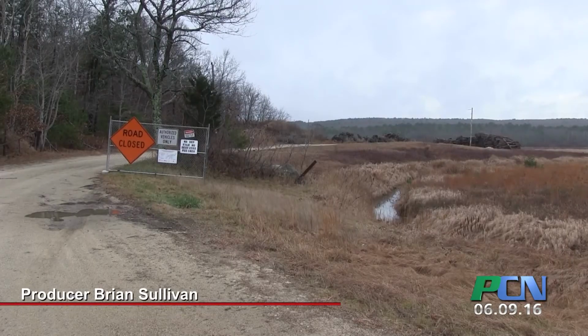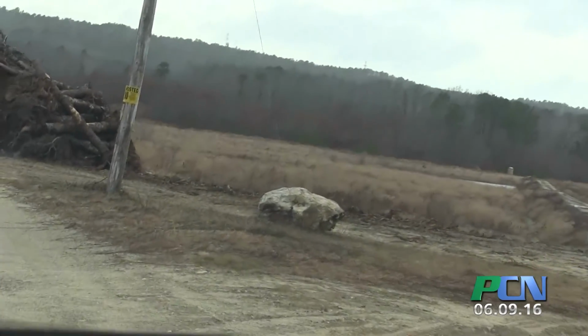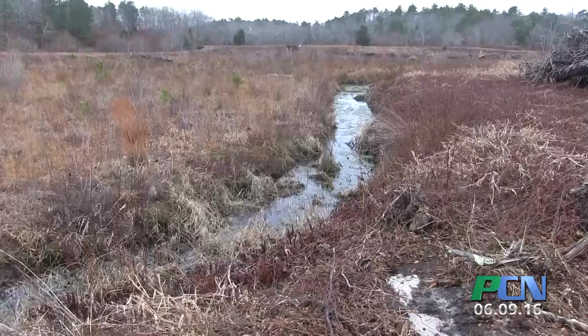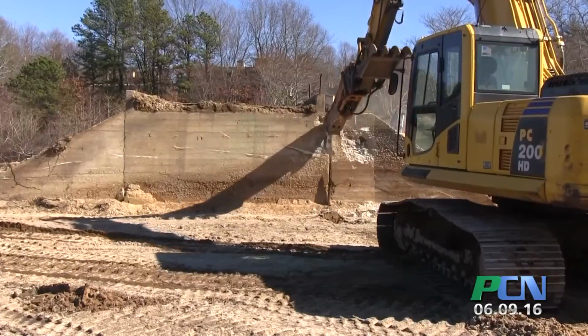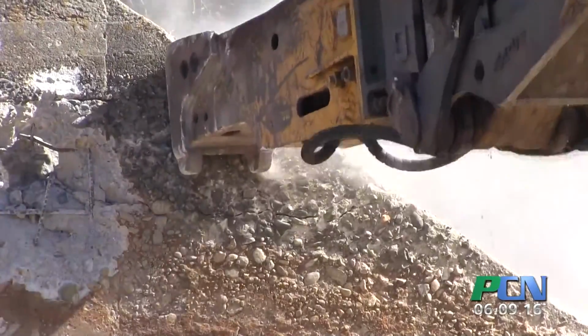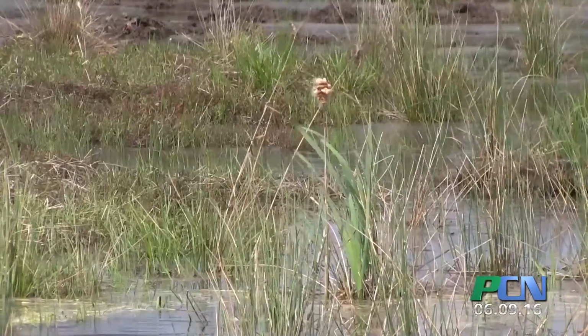This is our third installment on this monumental ecological undertaking. For the past several months, we've been monitoring the progress at the Tidmarsh Farm Restoration Project. On our first trip here in December, we saw the early stages of the transition from cranberry bogs to what will eventually be a wetlands nature preserve. In mid-March, we stopped by to witness the demolition of one of the iconic dams toward the back end of the property. Now, as we approach the summer months, the project is in the final stage of conversion from bogs